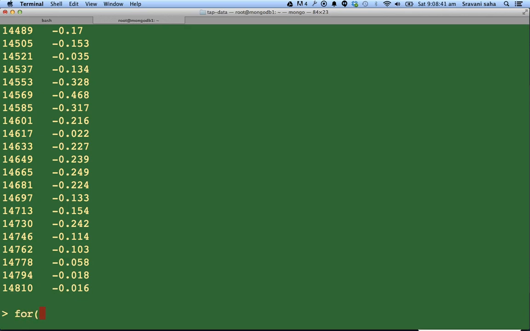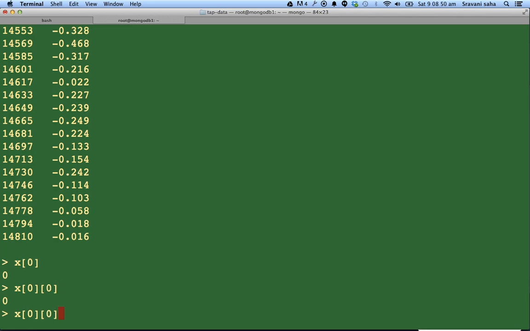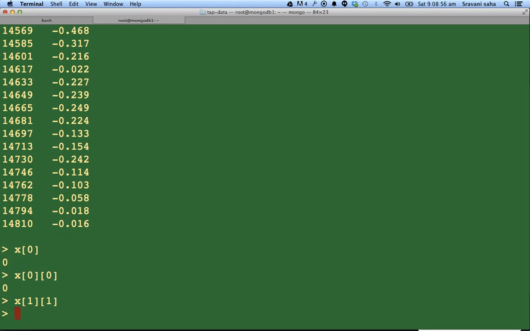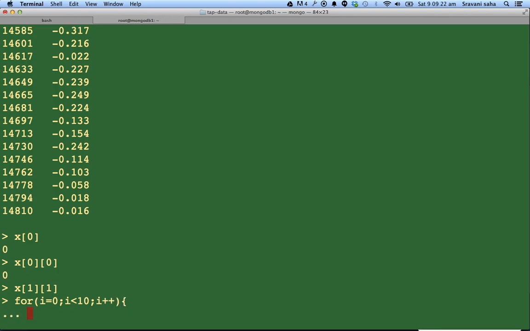Now you can write a for loop. If you say x0, it gives you the first row, x00, first row, first column. So each line by line read you can do. So basically cat is an important command here. x equals cat blah, and it loaded all the file into this variable x, which you can iterate very nicely. For i equals 0, i less than 10, i plus plus,